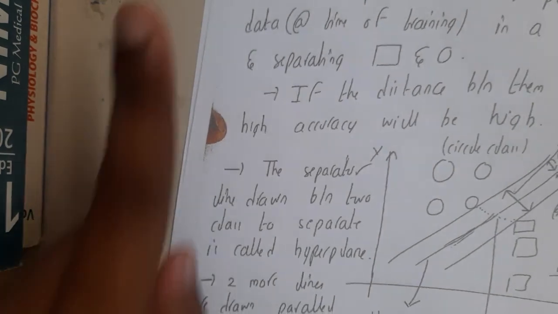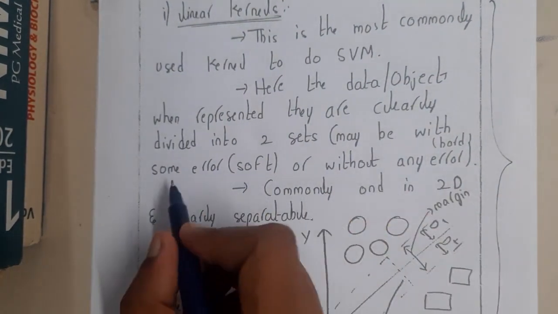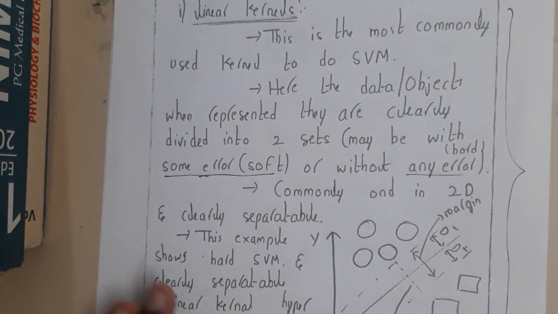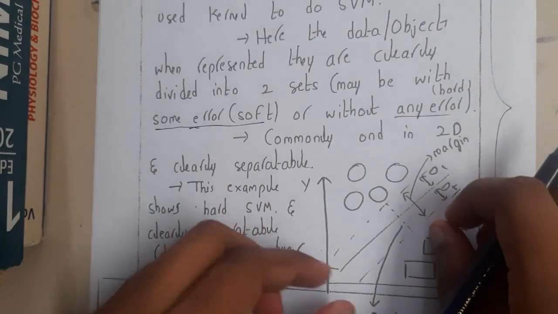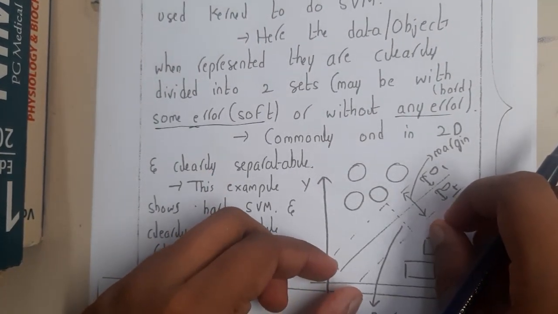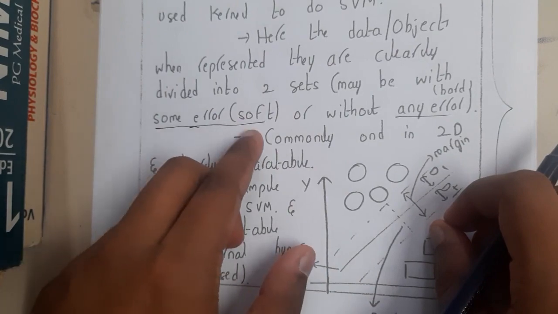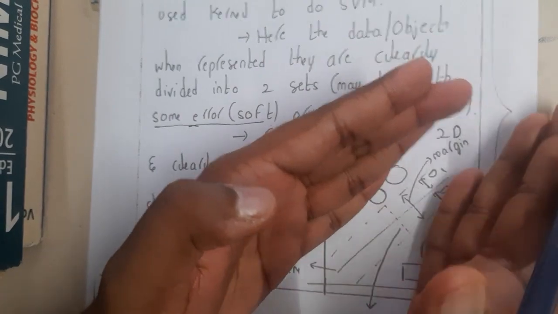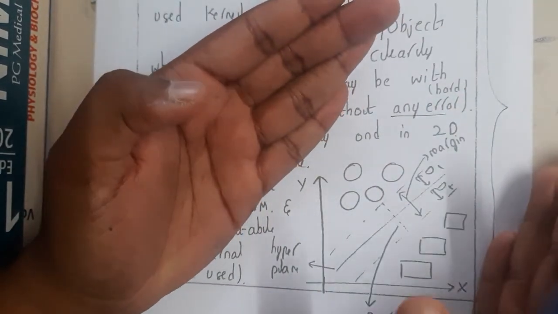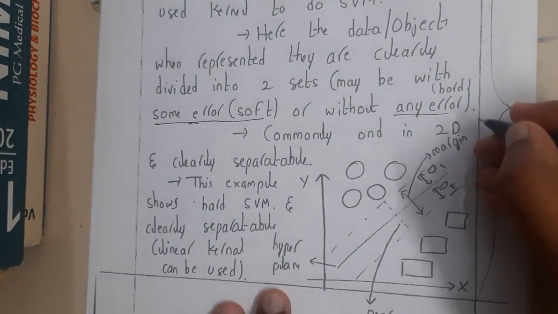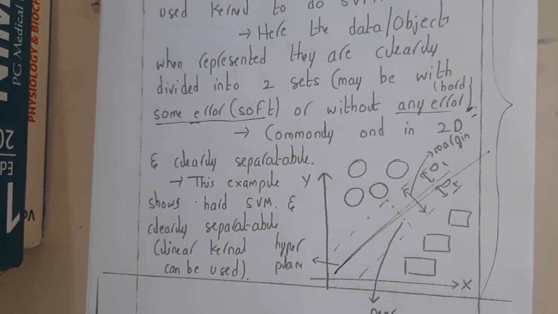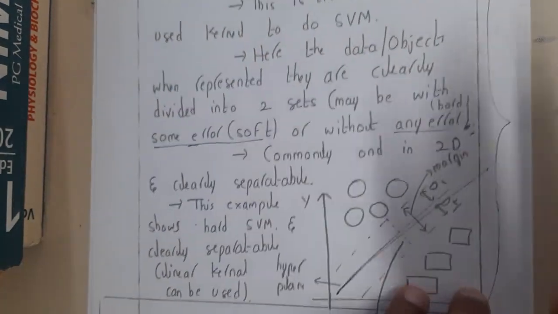The only thing which I want to add is about the soft and hard errors, guys. I think it's not written there. Whenever there is some error in between them, we call it soft. If there is no error, and you are 100% accurately dividing them, so that all the circles go one way and all the squares come the other way, and they are divided with a single line, then we call it hard. This is the simple concept which I wanted to indicate here.